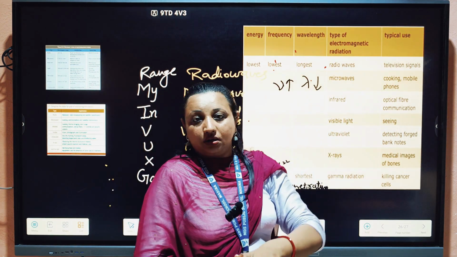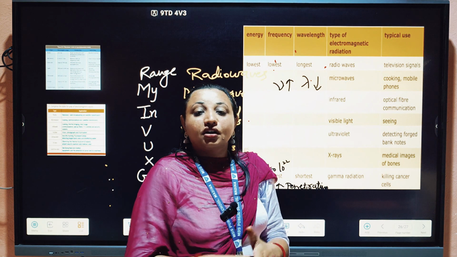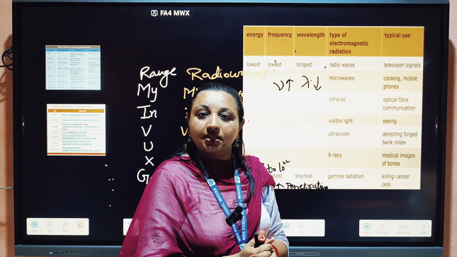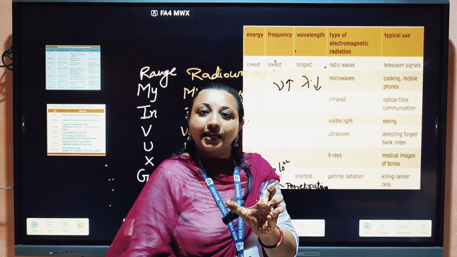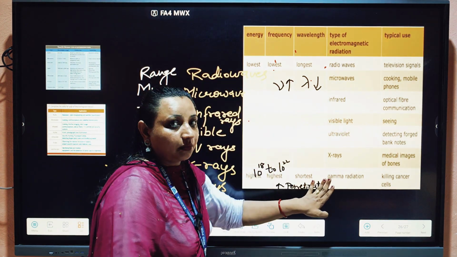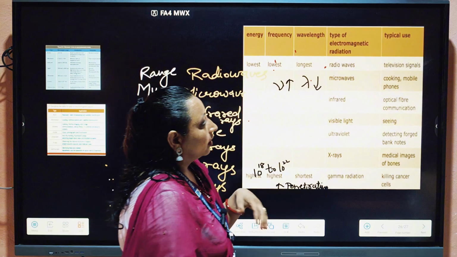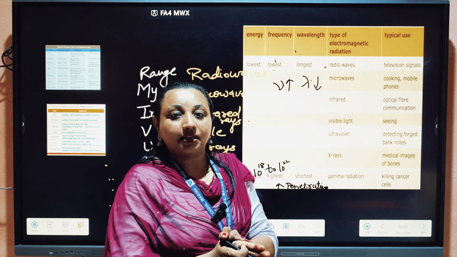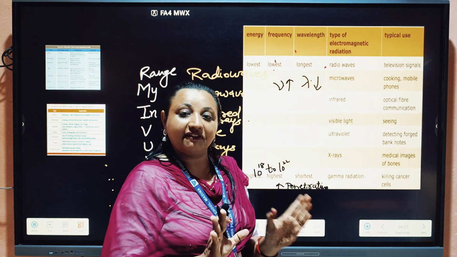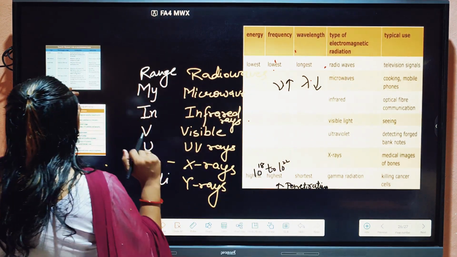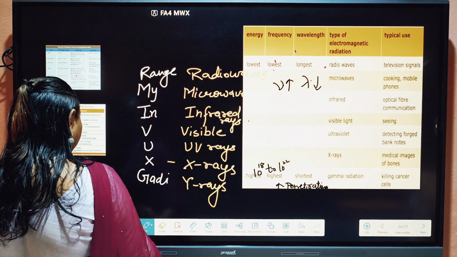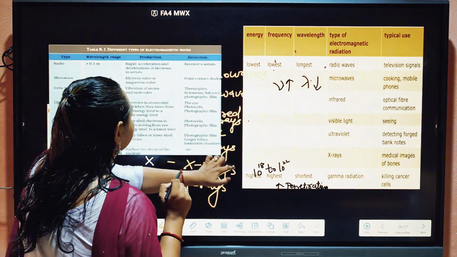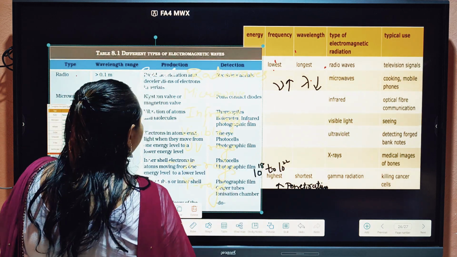As we go down from top to bottom, frequency increases. That means gamma rays have the highest frequency but the shortest wavelength. The wavelength will be the least, right? So this is the orderly distribution, which is known as the electromagnetic spectrum. I hope everything is clear to you. Now, what is the wavelength? If we talk about the wavelength,